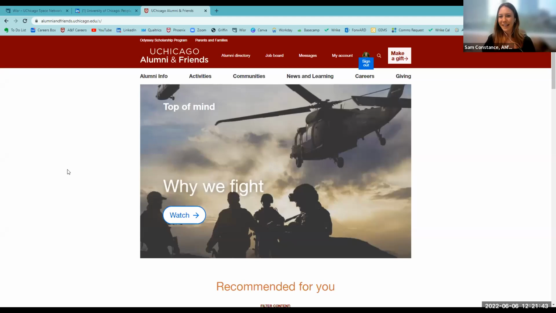And we're going to move on to our last tool of the day, and that is the Alumni and Friends portal. All right. So this is the UChicago alumni website. This is your destination for all things updates, events, and community building within UChicago alumni. And this is a portal, so you can log in at the top right here. And again, there's single sign-on with LinkedIn and Google and Amazon and all the ways to make it easy so you don't have to remember another password.